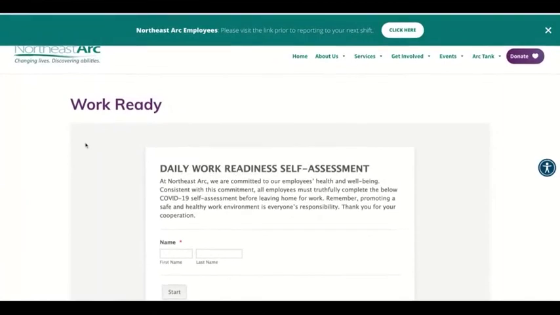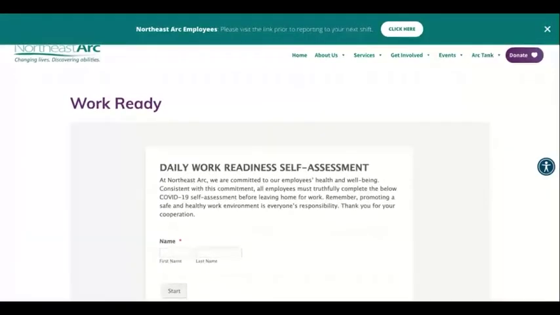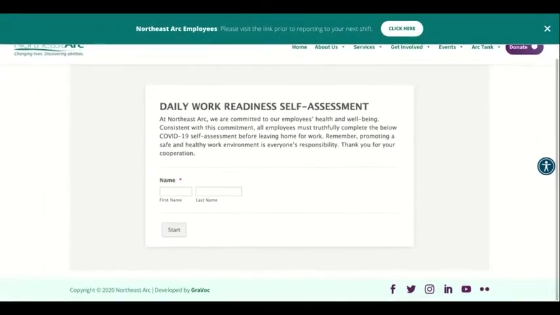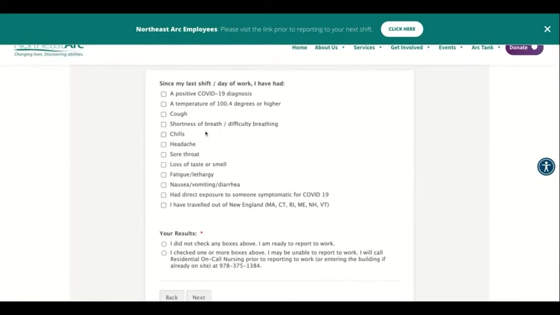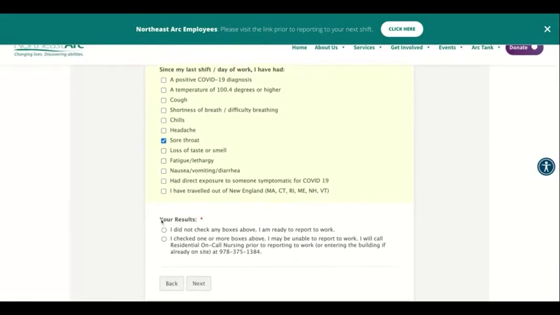Okay, so this one is, like I said, a simple form that was implemented on their website. So same idea. An employee would enter in their name and then work through the list of possible symptoms. So I'm going to just check off once again, I've got a sore throat, and the results here